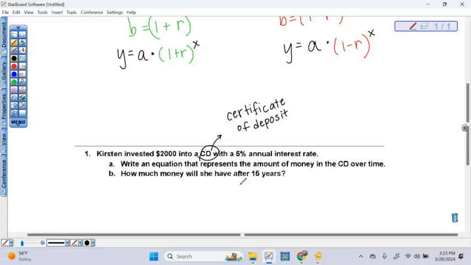So it grows. This is interesting, and I didn't know this until just recently, and it really kind of blew my mind. Any type of savings account at all gains interest. A normal savings account in a bank might have like 0.5% annual interest rate. A CD is special because it has a higher interest rate. But banks are able to give interest on your money because